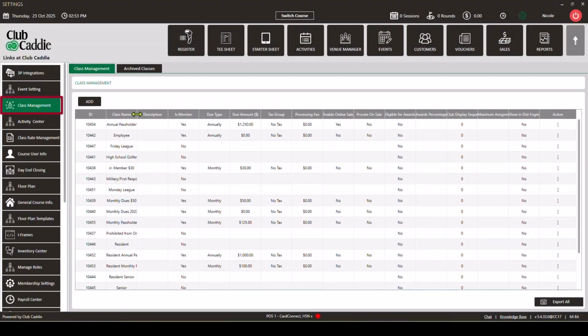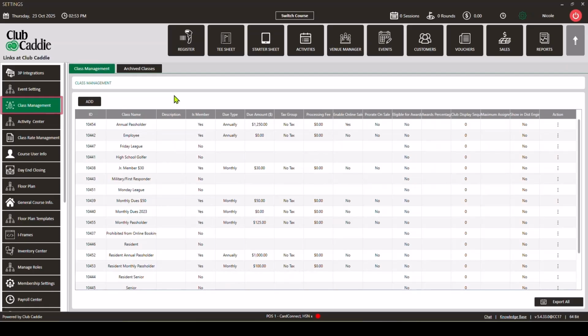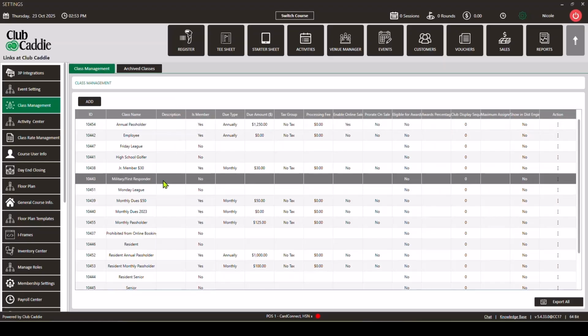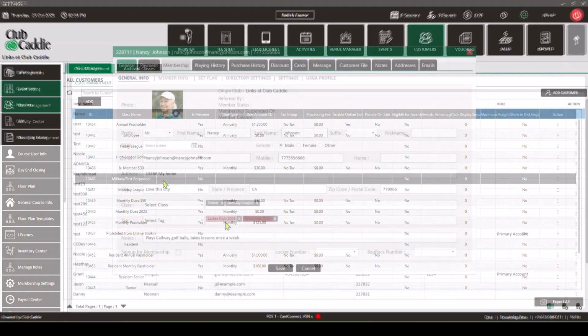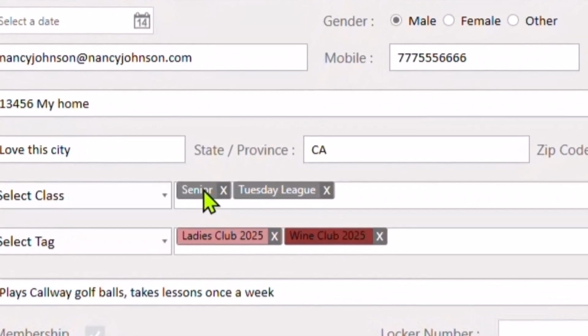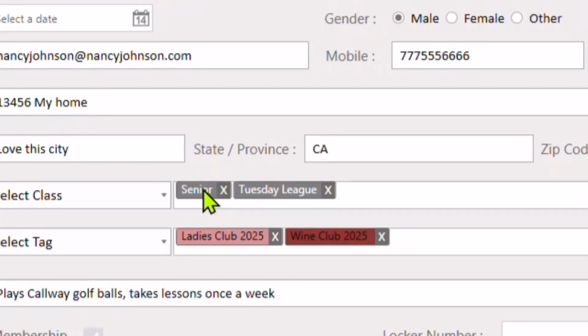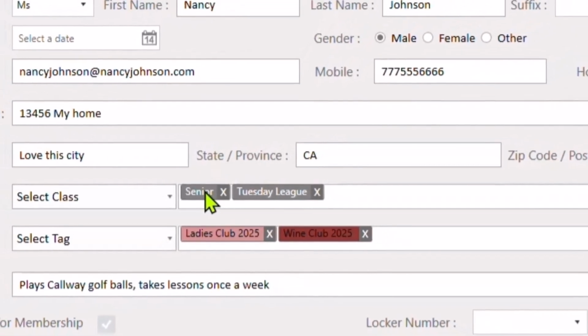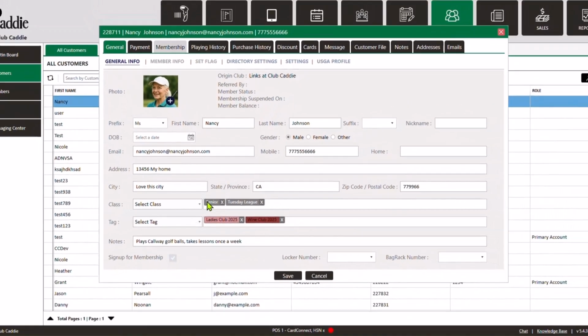Class management is the ability to create either paid or non-paid membership classes within Club Caddy. A non-paid class is for seniors, employees, or others with no charging privileges, where you just need to give a discounted green fee. For example, back in Nancy's profile, you can see Senior and Tuesday League. If she has different membership classes like Senior, Nancy will get the Senior green fee every time she books a